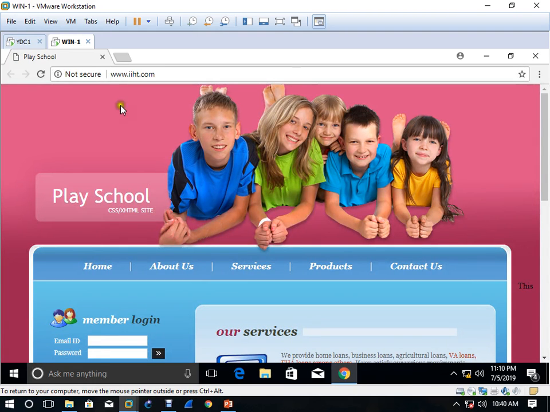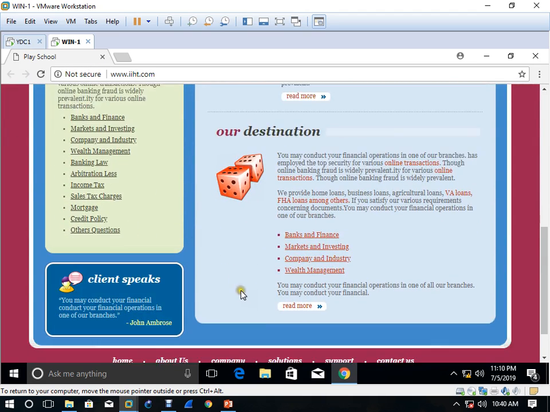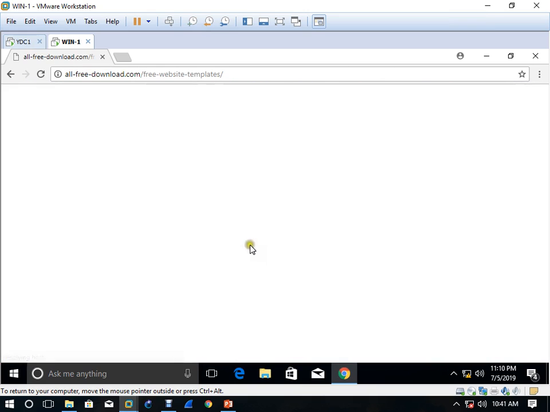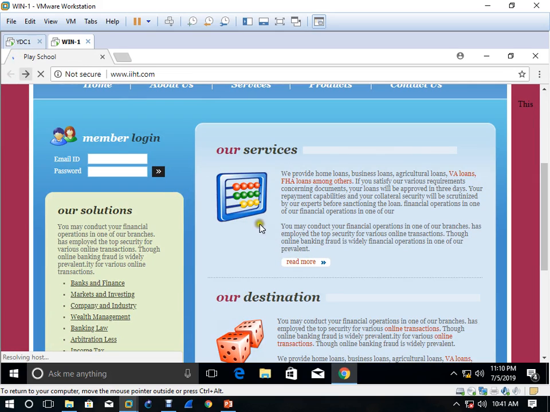See, your website is running on ist.com and this is the website. This is the template, so nothing has been configured. This is a single page, but if you have a real website, it will be very good.